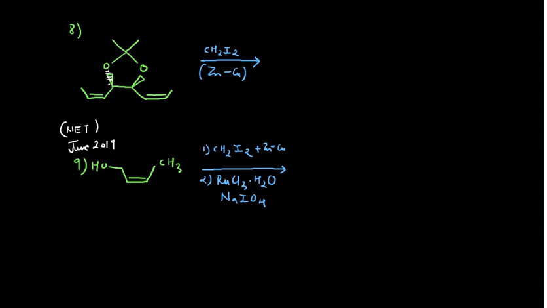Now, next is question number 8, and this question is again quite simple, there is no problem in that. In that case, you see here, this is a double bond here, and this is a double bond here, and you have started with 2 equivalents, right. So this will also convert into the 3-membered ring, and this will also convert into the 3-membered ring. So how can you draw the product keeping the stereospecific nature of the reaction in mind?